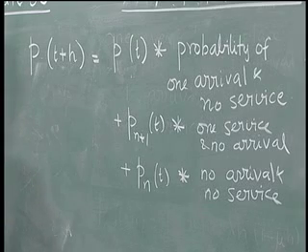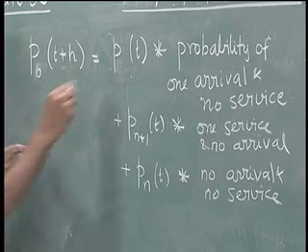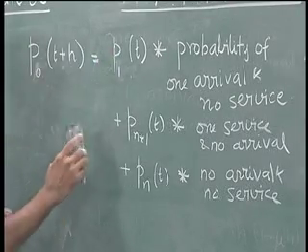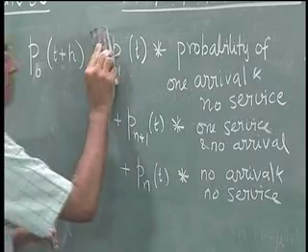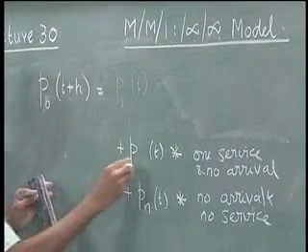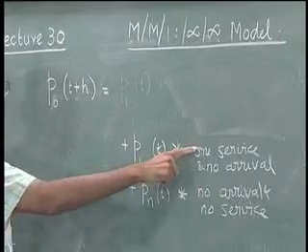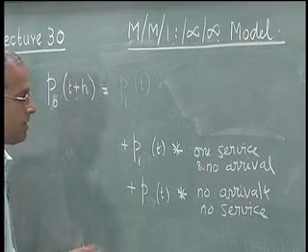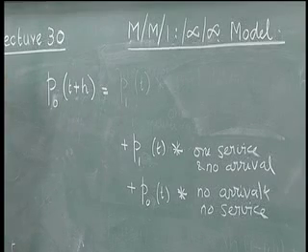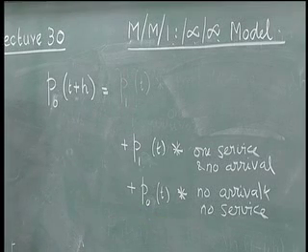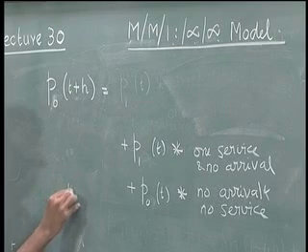Now probability that there are 0 people in the system at time t plus h will be probability that there is one person in the system at time t and there is one service and no arrival, plus probability that there are 0 people in this system and there is no arrival and no service. Now, this when we expand, we will get P naught